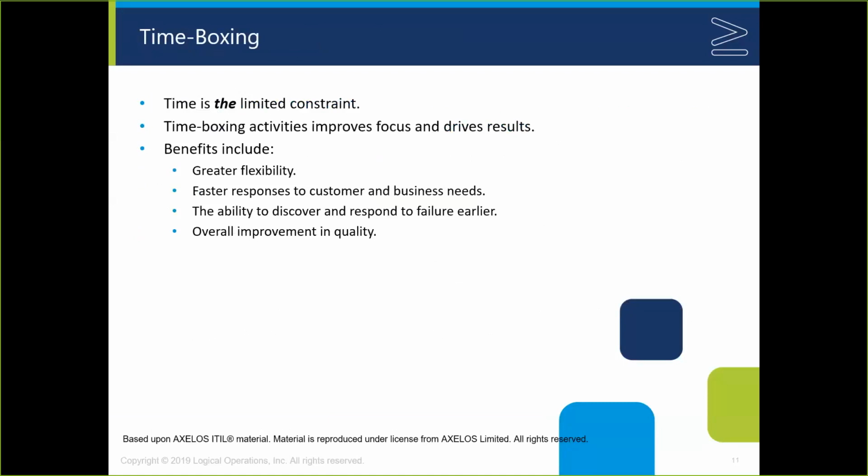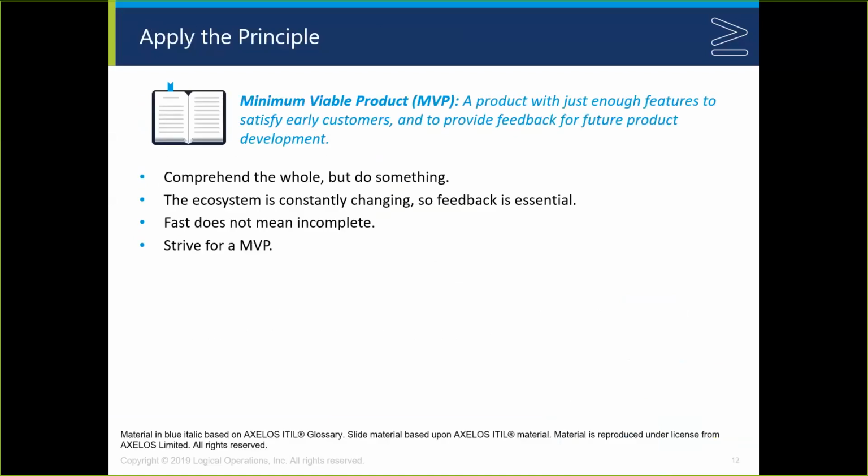We then specifically introduce the idea of time boxing. The importance of time and the constraint of time fundamentally drives how much we can really do. And so eventually, again borrowing from the Agile universe, we want to time box as many of our activities as we can so that we can get feedback more quickly and consolidate the efforts. In applying this principle, we introduce the Agile idea of a minimum viable product.